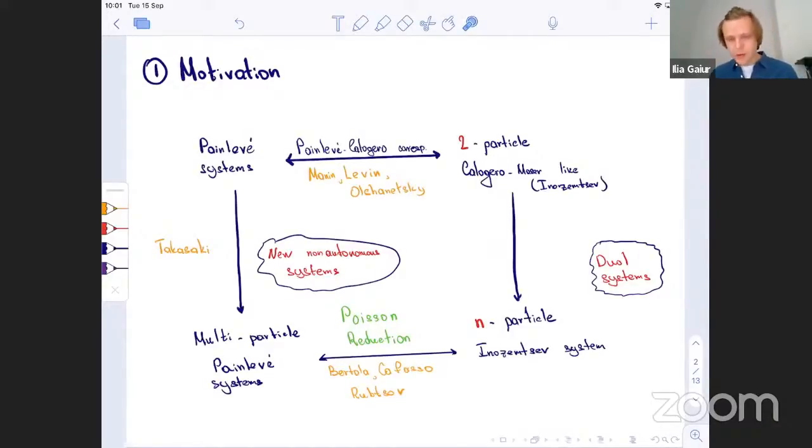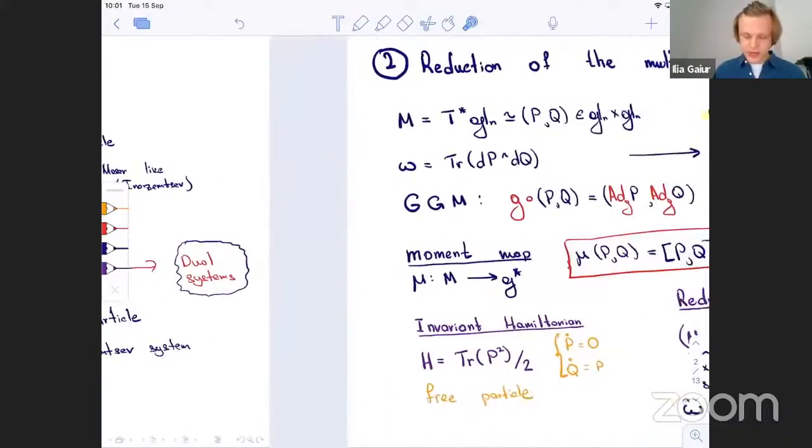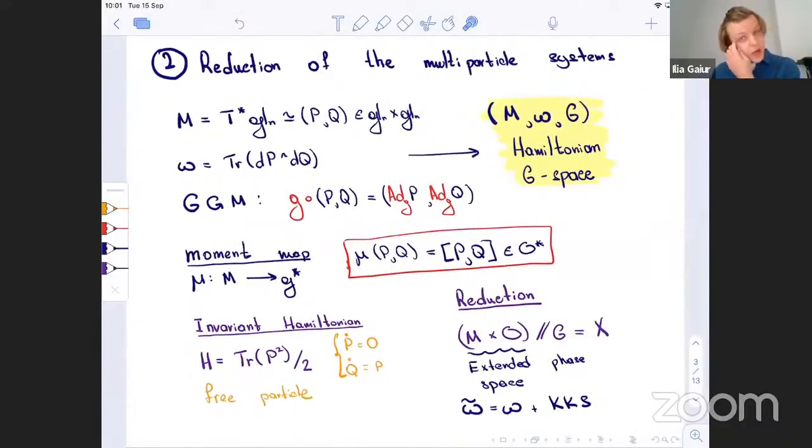The motivation for our work is that for the classical n-particle integrable systems, we have dual systems which are quite well known and studied, and our target was to do the same on the side of the Painlevé equation. So we go from the dual systems in some sense here to the new non-autonomous systems here, which are dual to the multiparticle Painlevé systems. So I will start my talk with a review of the reduction of the multiparticle system from different